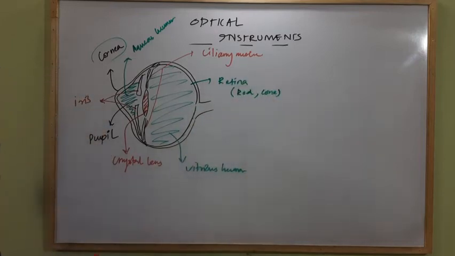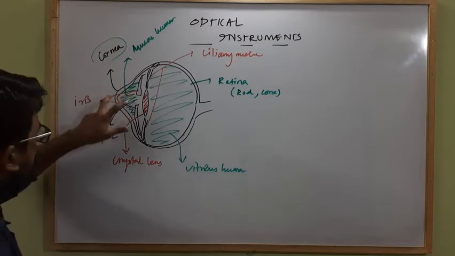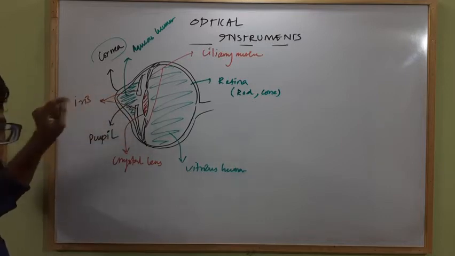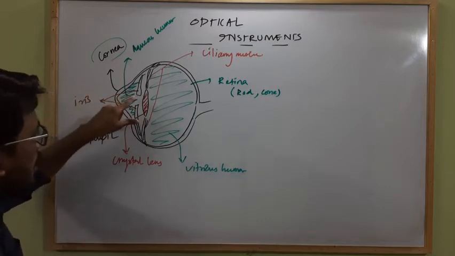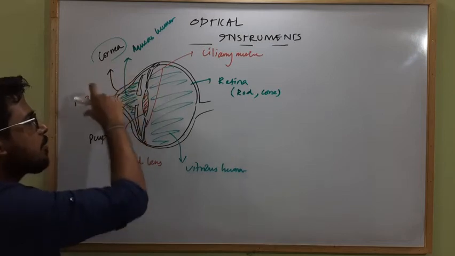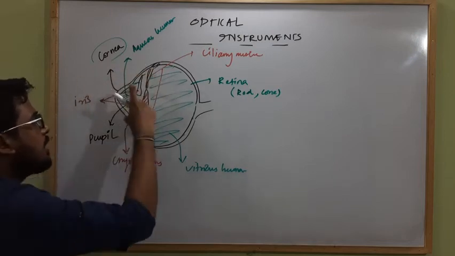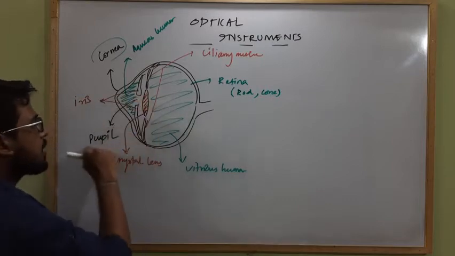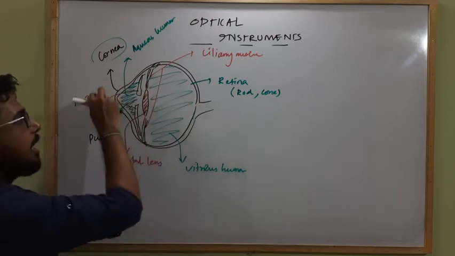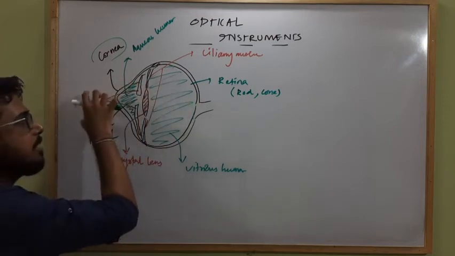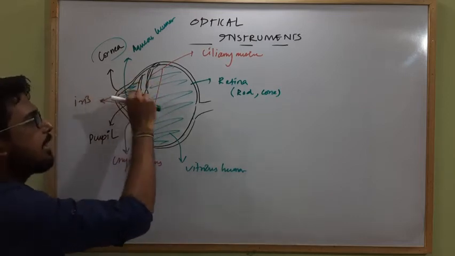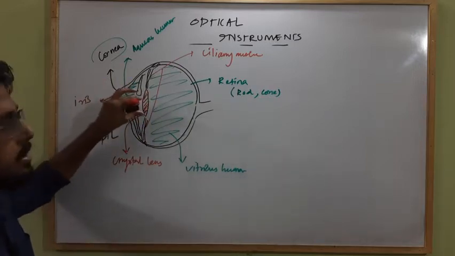Clear? So when light is incident on the cornea, due to the bulged surface of the cornea the light first gets refracted, then due to the liquid it gets refracted again. Depending upon the intensity of light, if a very large amount of light is incident on the cornea, the iris will contract to make the size of the pupil very small, so that less light is incident on the lens. If the light is very weak, the iris will expand to make the pupil larger, so that more light can be incident on the lens and the image will be clear.